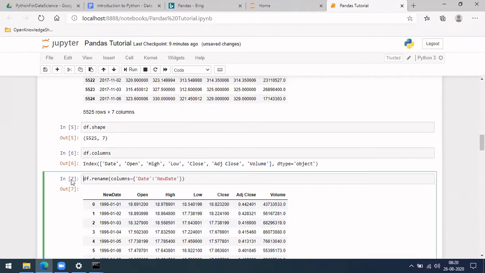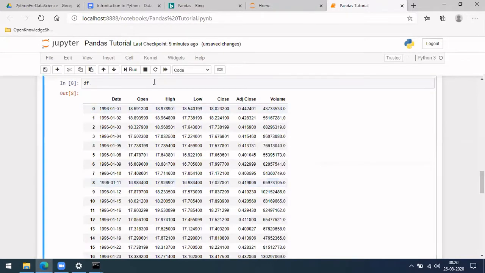Okay, so this is one thing. In case you want to store it in the same df, and you don't want to specify equal to df every time, how you can do it is you can put inplace equal to true. If you put inplace equal to true, it will save it in df itself.